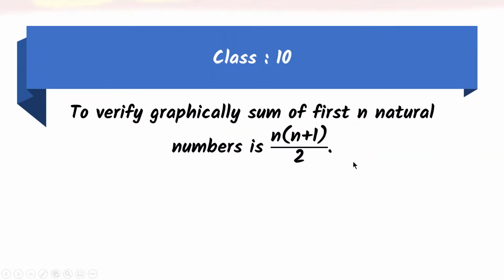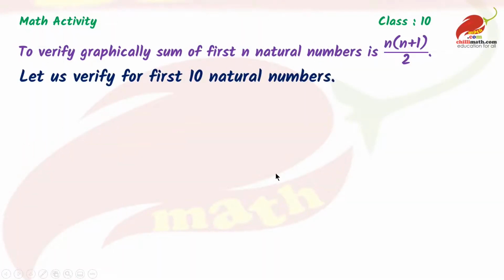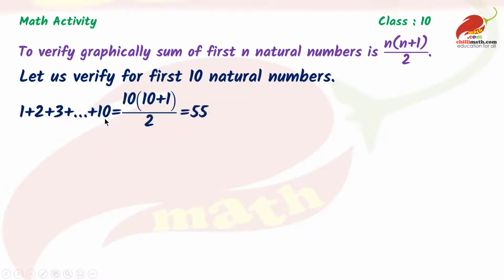Next we have to verify graphically that the sum of the first n natural numbers is equal to n into n plus 1 by 2. Let us verify for the first 10 natural numbers, that is 1 plus 2 up to 10, and we'll verify whether it is equal to 10 into 10 plus 1 by 2, equal to 55 or not, by putting n equal to 10 here. To verify this, we'll take a square graph sheet